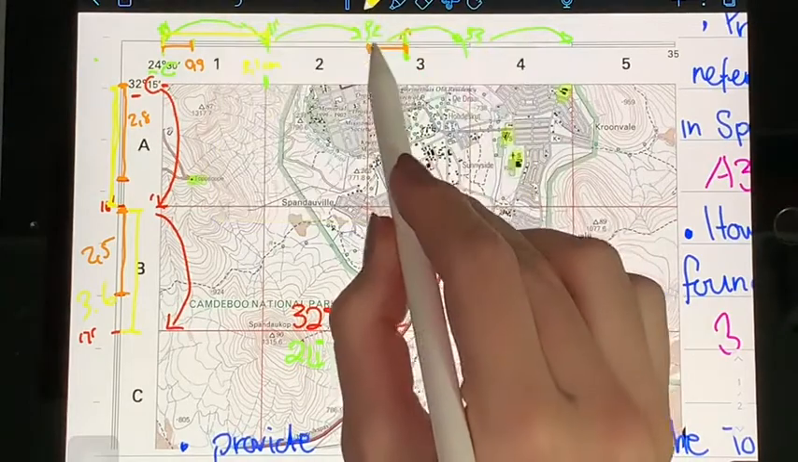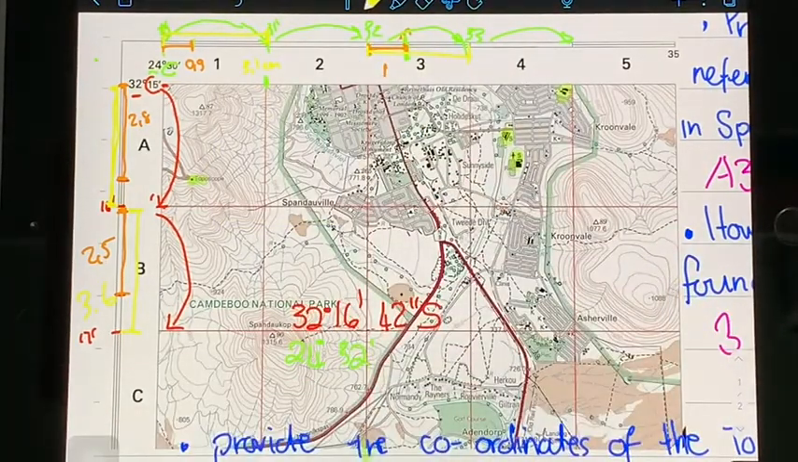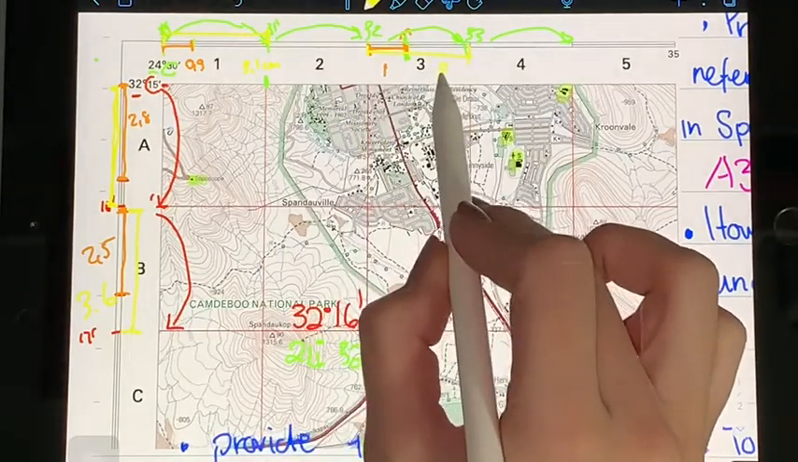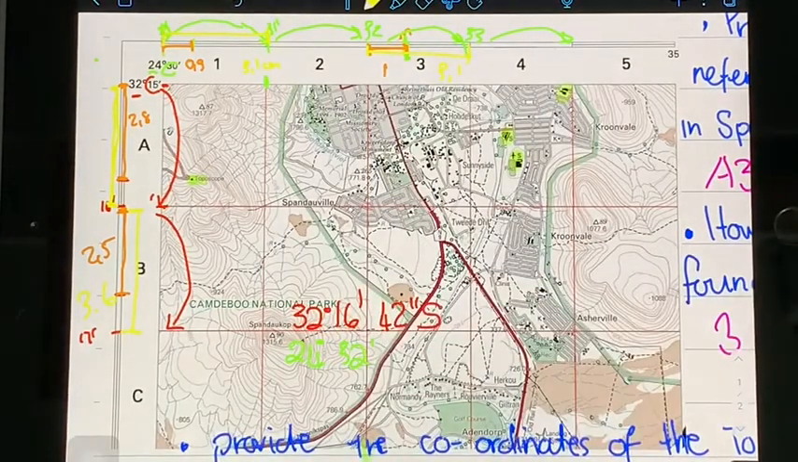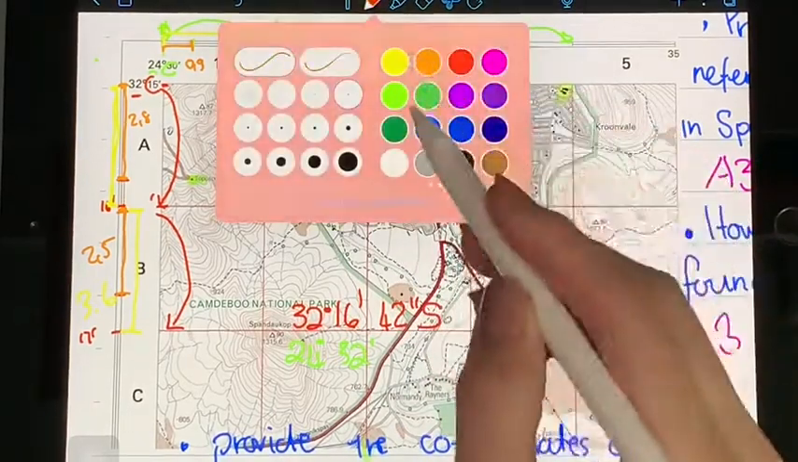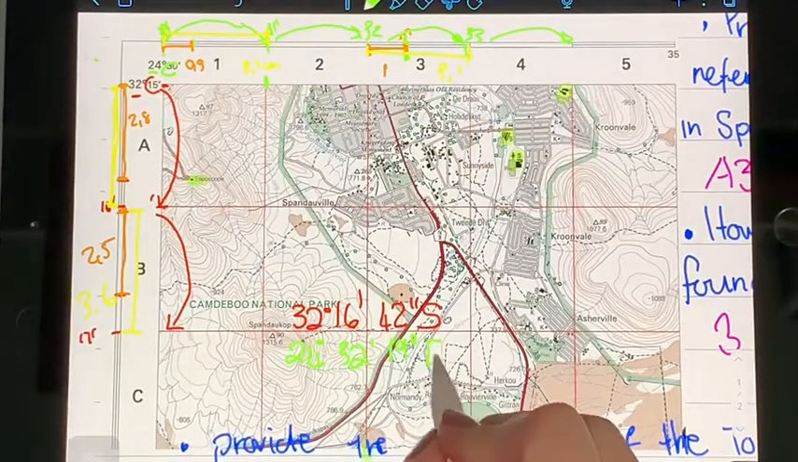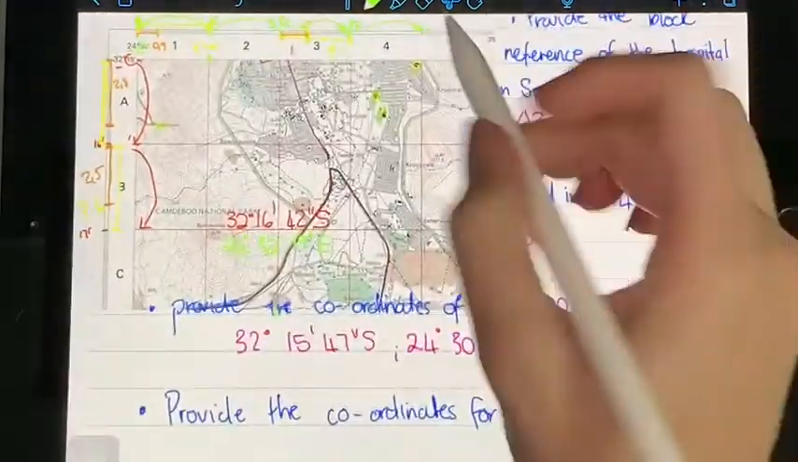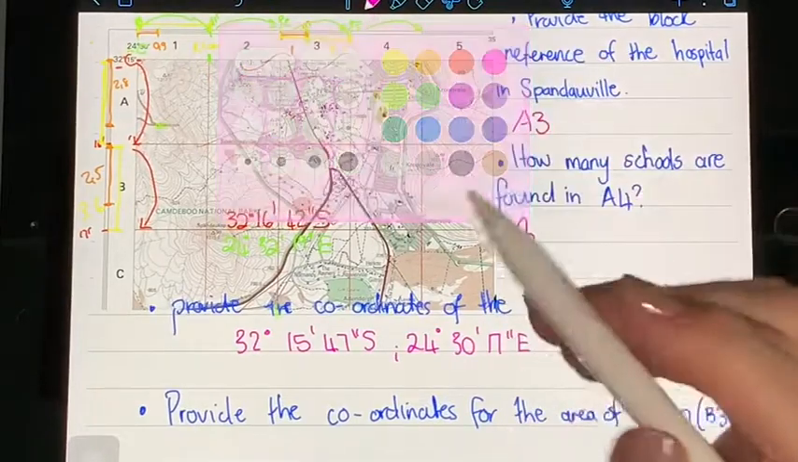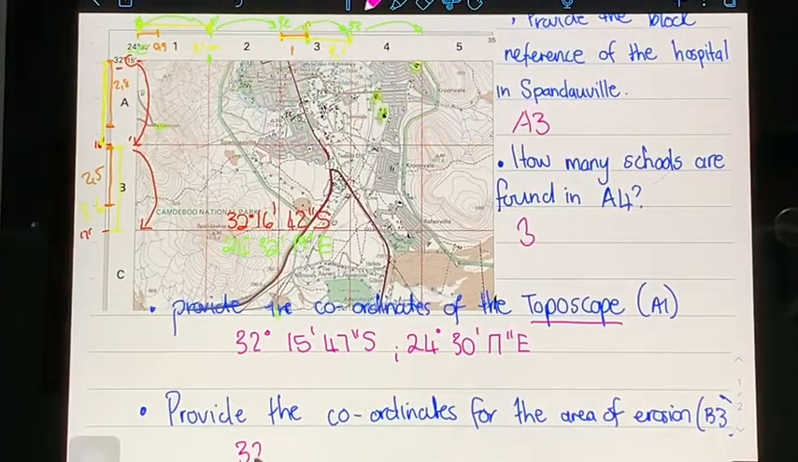And B is the entire size of the minute block, and that is 3.1. 1 divided by 3.1 times 60 got me 19.3. And so if I round that down, I can then get 19 seconds east. So our final answer for those coordinates for the actual excavation site is 32 degrees, 16 minutes, 42 seconds south,